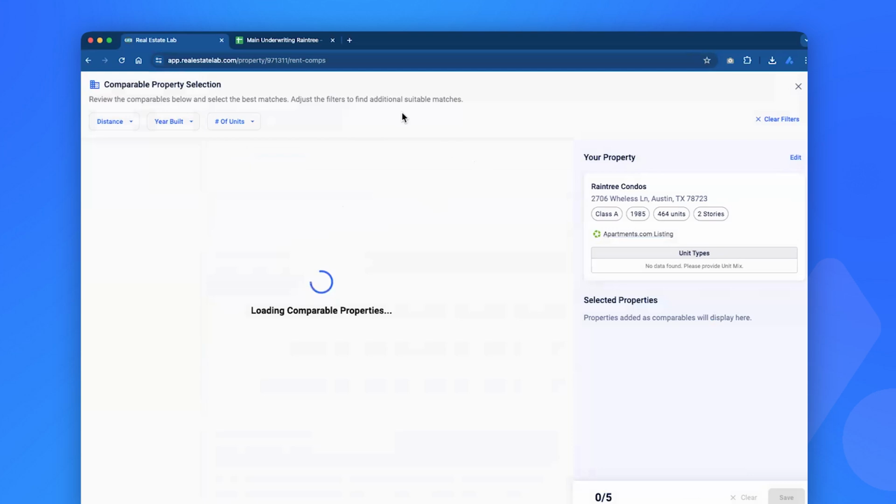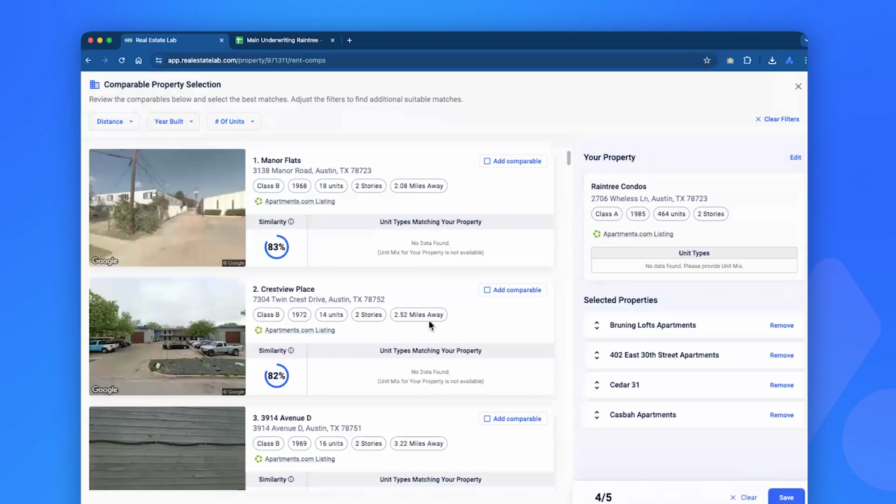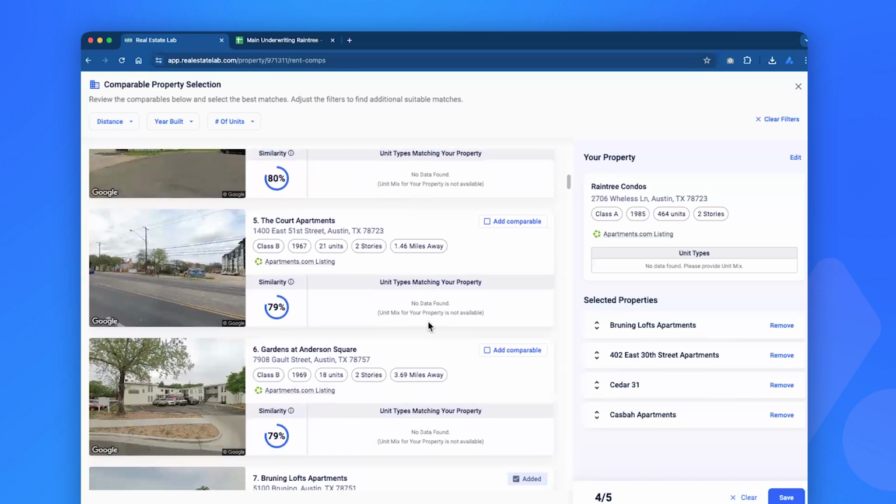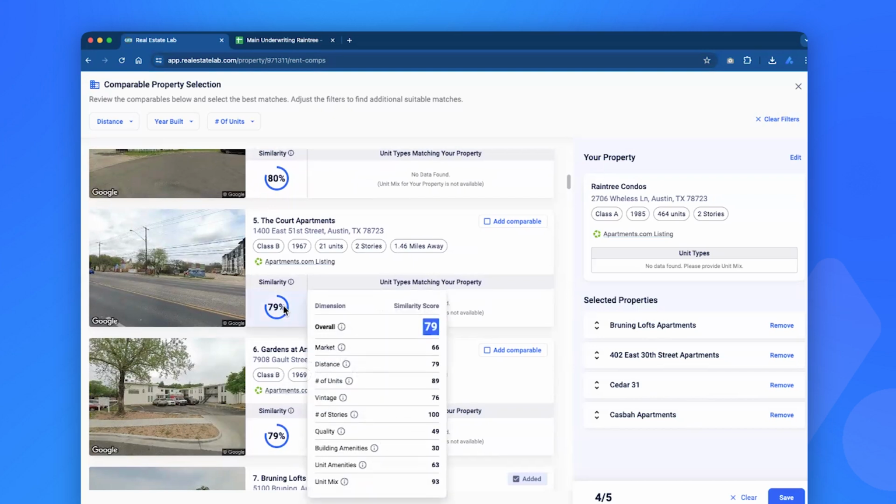Based on our rent roll, our address, our property attributes, we actually utilize AI imagery. We use a bunch of different databases of rental comps as well to identify what we believe are the most similar properties in the area. And so we use all these different metrics: market, distance, number of units, vintage, stories, quality, amenities, and we create a similarity